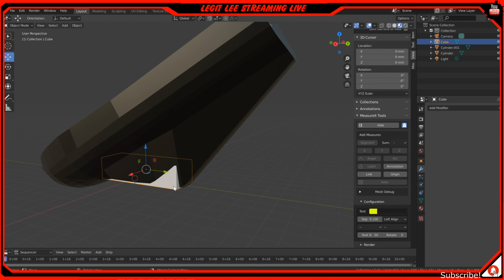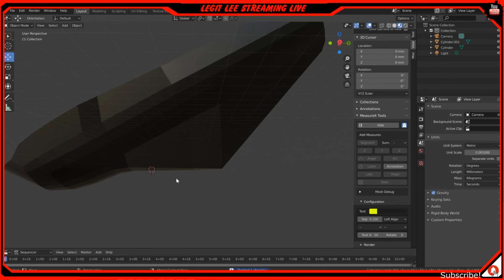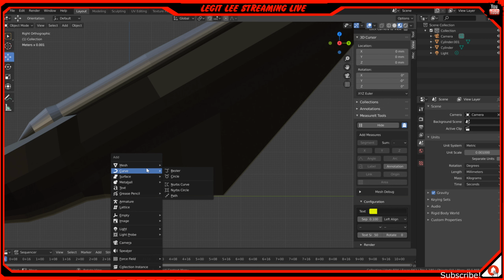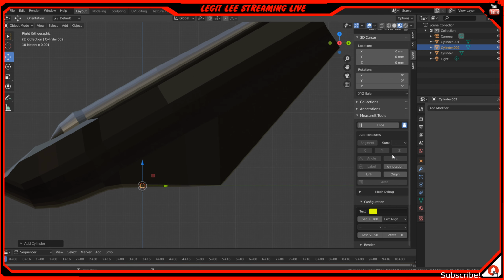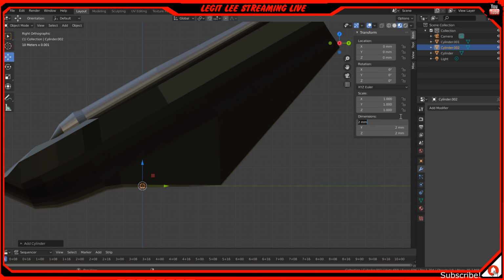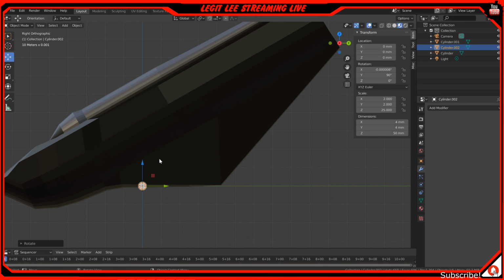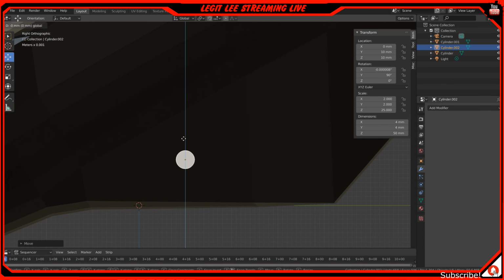So now we're just going to delete the cube because we don't actually need it. I was going to use it, but not after how I designed this. Now if I do Shift A, get a cylinder. And then we're going to change the item to, usually I'm pretty sure those screws that I have are around like 4 millimeters thick. So do 4, 4, and then like 50 or something. And then we're going to need to do 1, rotate 90 degrees, 3, pull it back, it's about there, pull it up, that's too much, bring it down just a tad, bring it over, oh that's good,